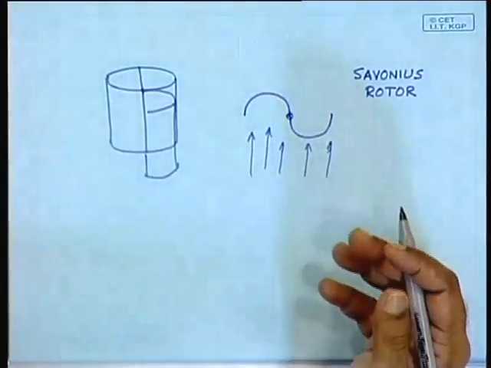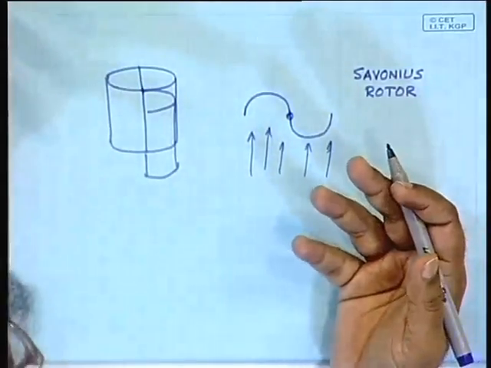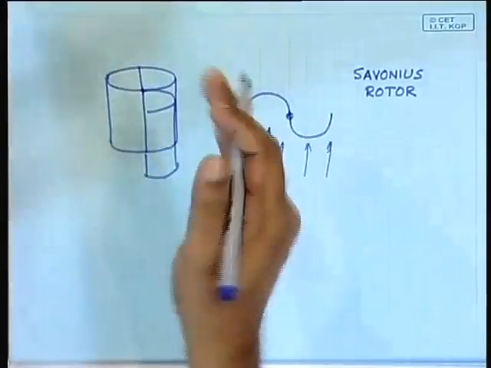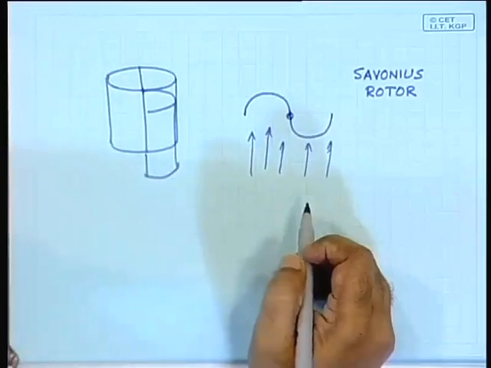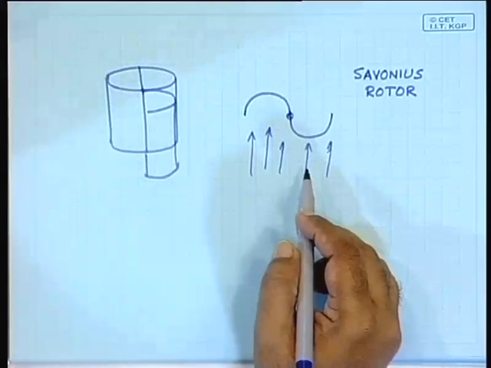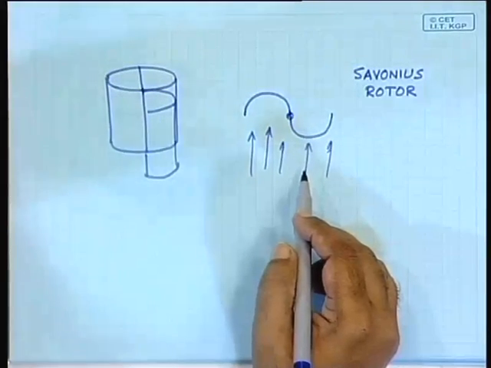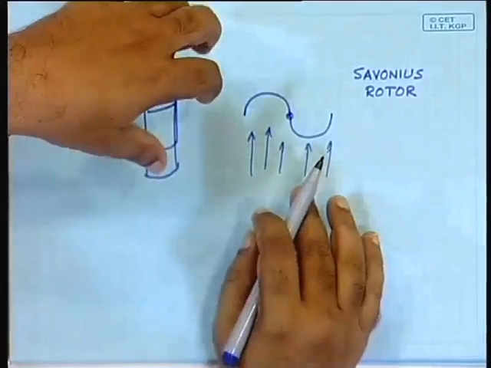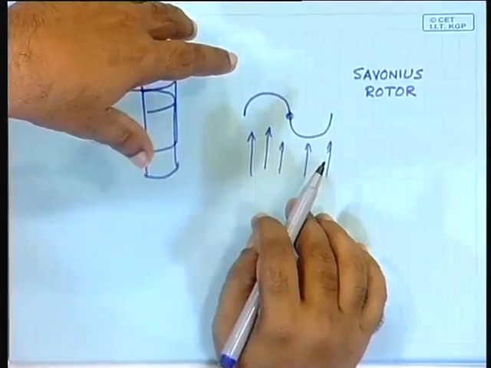Obviously, this construction is very simple. It requires only a drum. You cut it into half and connect it in proper way, and naturally it can be constructed on site in rural areas. Not very efficient, used mainly for water pumping purposes,